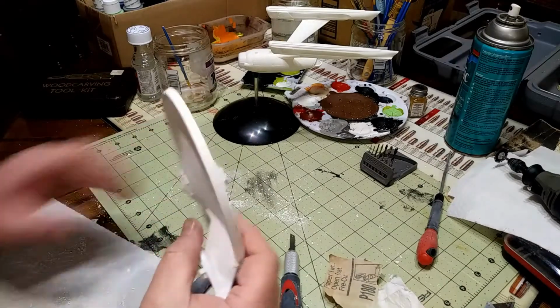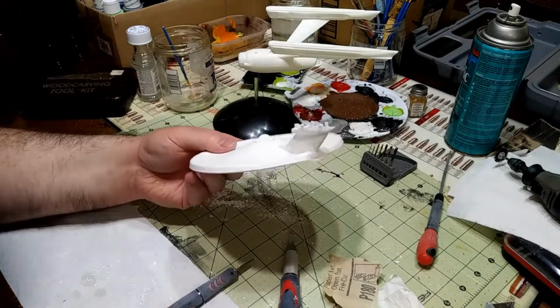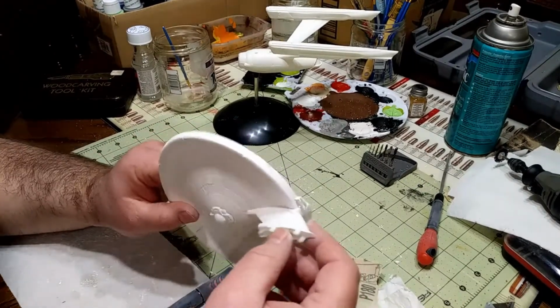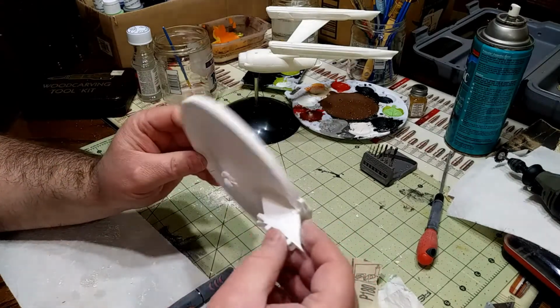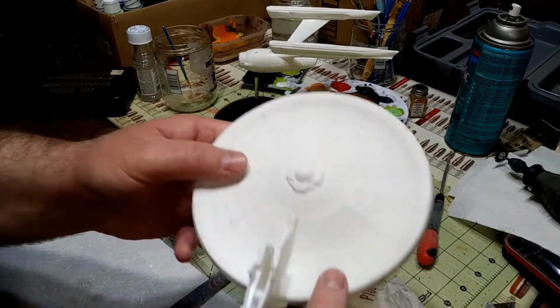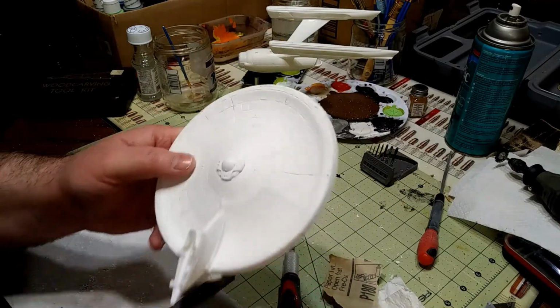All right, back again, and I've started on the saucer and the neck for the saucer. I removed most of the paint off the neck. It doesn't look great. I've got a little bit more scraping and sanding to do, and I've started on the saucer. I'm sure you can see that that's removed, and